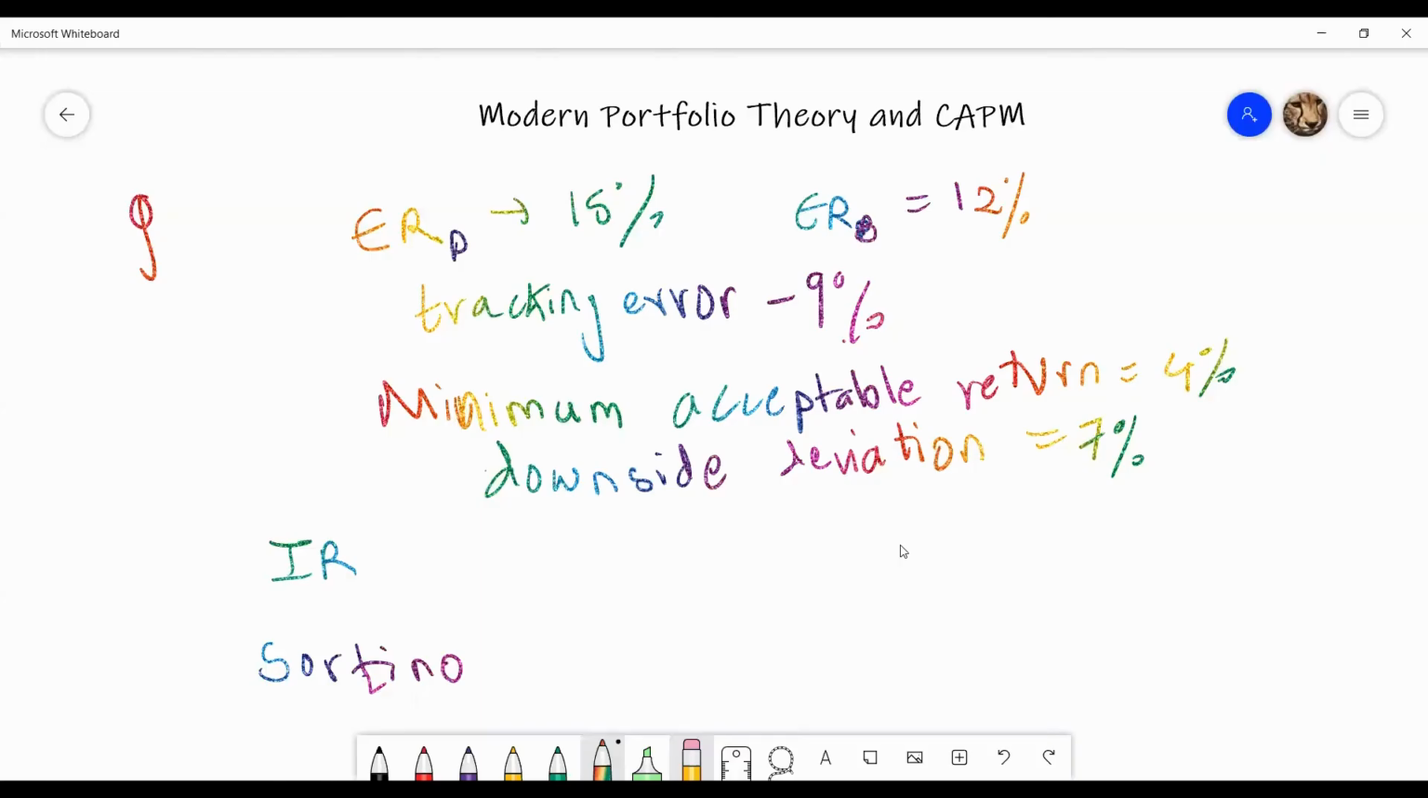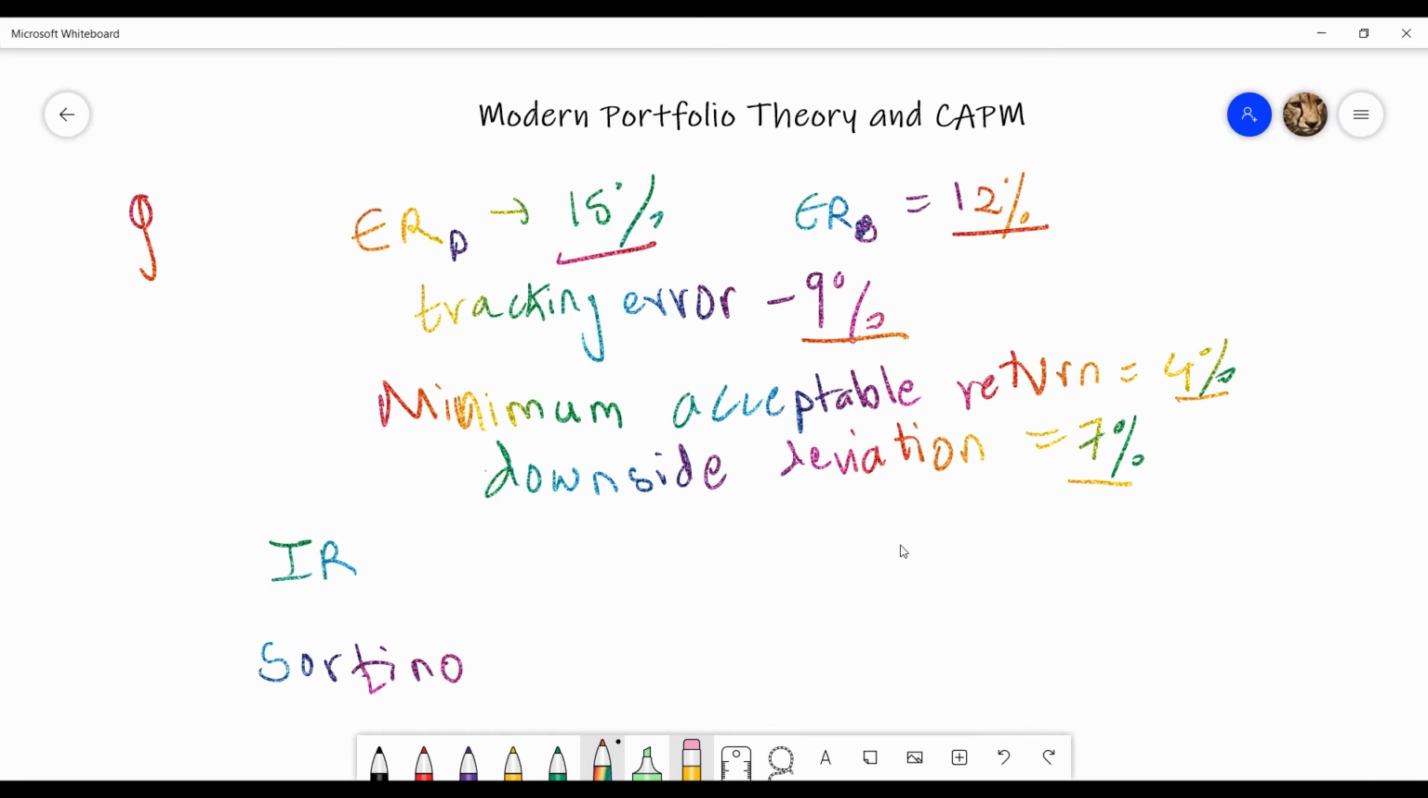So let's do a problem. The problem states that there is an active portfolio manager who is currently trying to beat the FTSE 100. Now, the expected return that the active portfolio manager expects on his portfolio is 15%, which is given to us, and the return on the benchmark is 12%. The tracking error that has been given to us is 9%, and the minimum acceptable return is given to us as 4%. The downside deviation is given as 7%, and now we are expected to compute the information ratio and